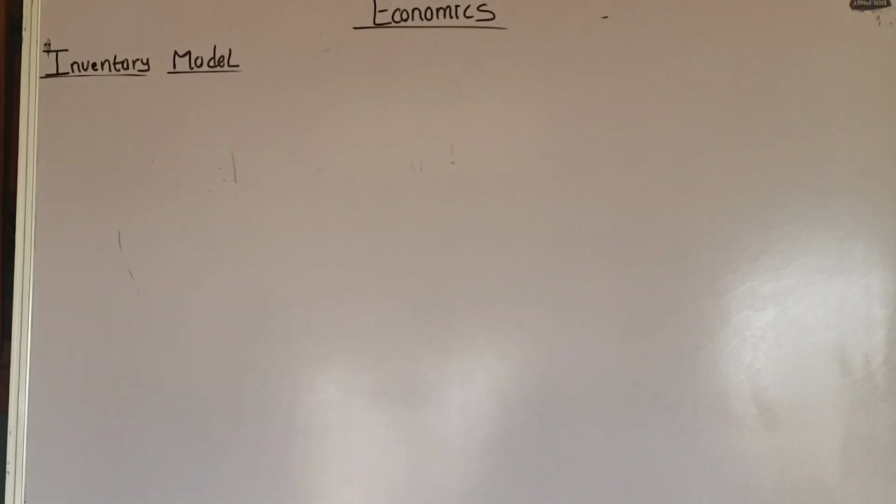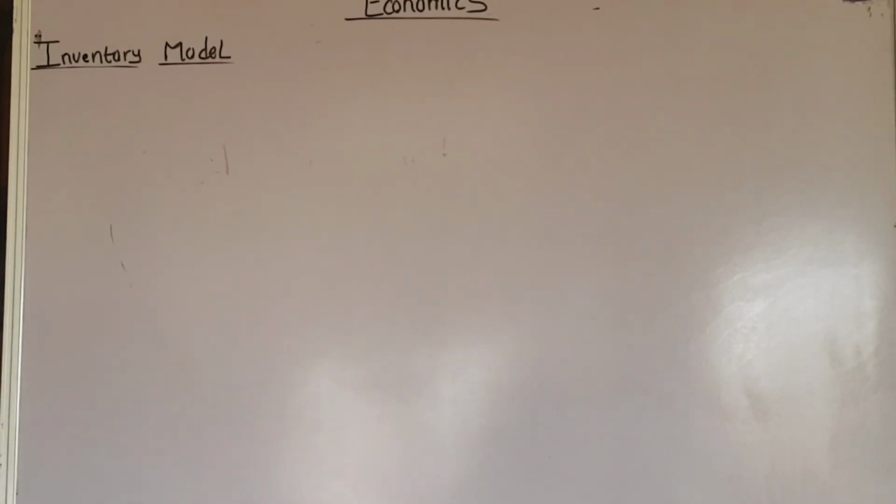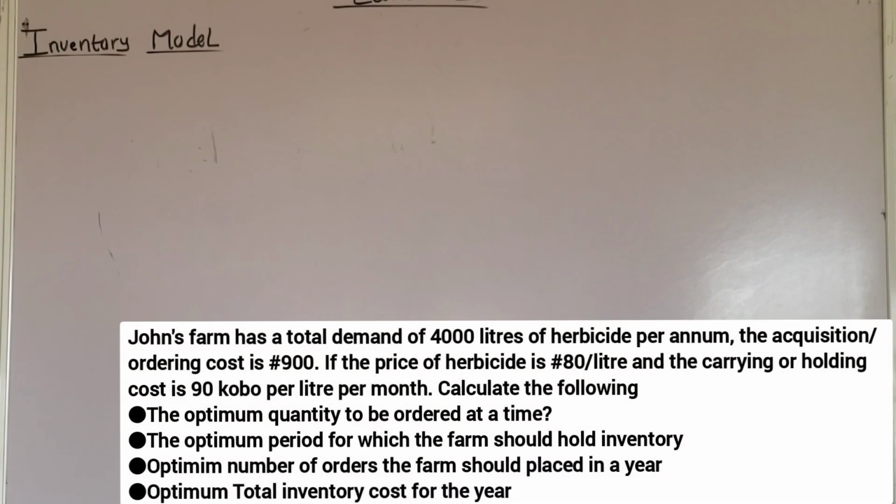In this class, we're going to go over questions on inventory model. John's farm has a total demand of 4,000 liters of herbicide per annum. The acquisition or ordering cost of order is 900 naira. If the price of herbicide is 80 naira per liter and the carrying or holding cost is 90 kobo per